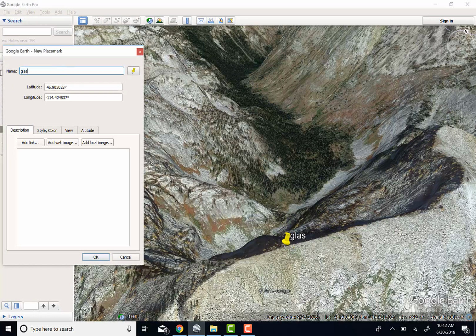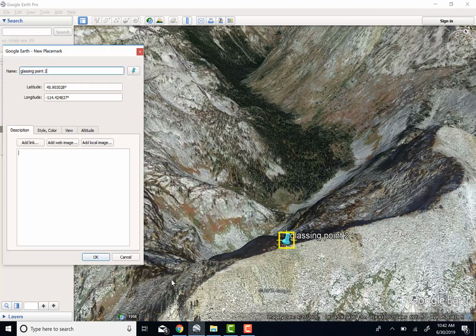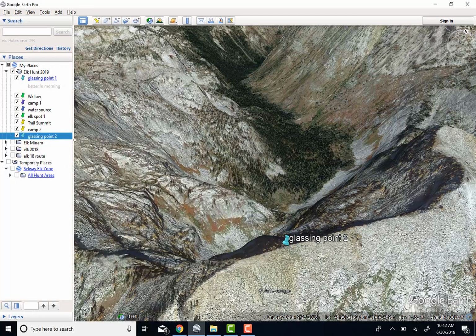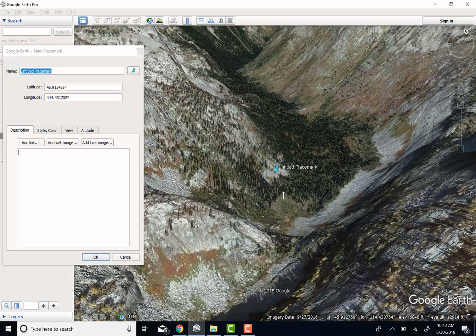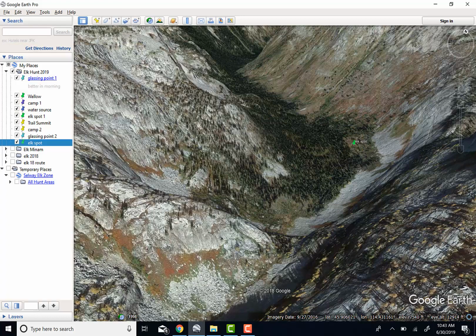And make that blue. Okay. And now you can see I got it finally set up right where they're going in that folder. And from there, what I was really interested in glassing was kind of this country. Okay. And I was also interested in kind of this stuff up in here for deer,